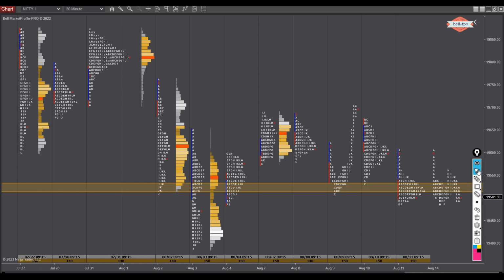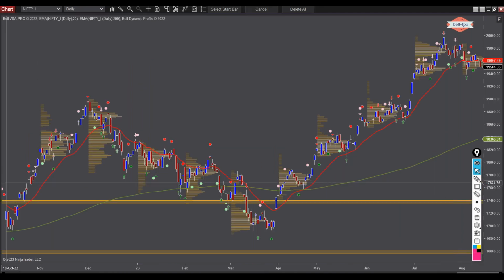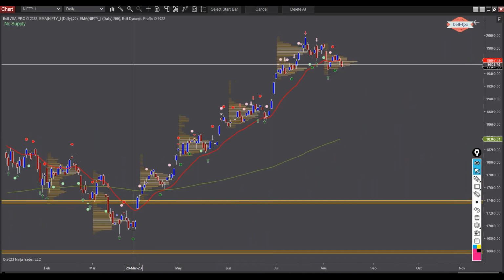Satish is saying, in the Nifty daily chart, previous month there is a low usage area. Now we are trying to complete the low usage area. Next, the market will decide where to go. Your thoughts on this? Okay, this is regarding the Nifty daily chart. Yes. So in Nifty, what we saw,